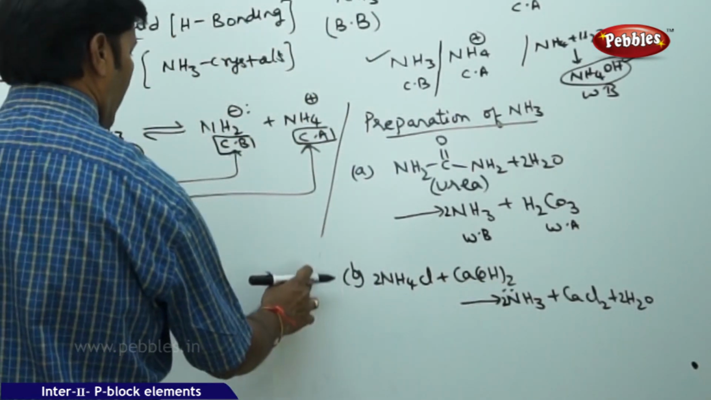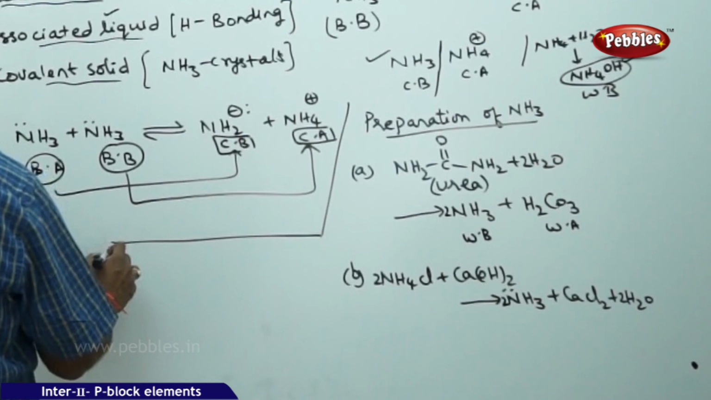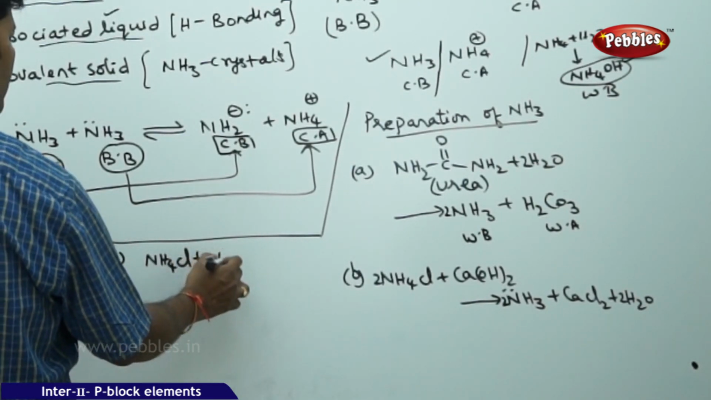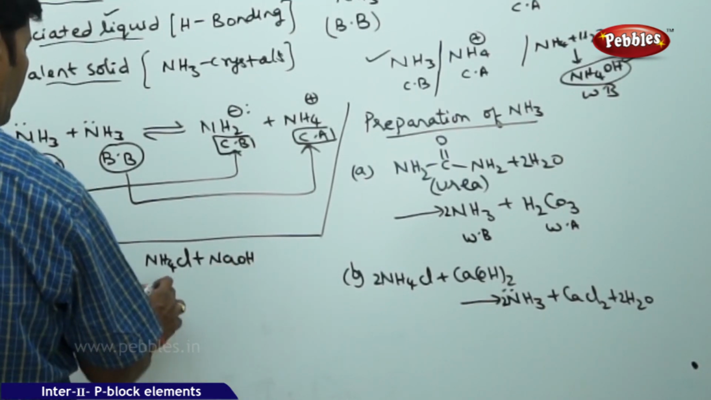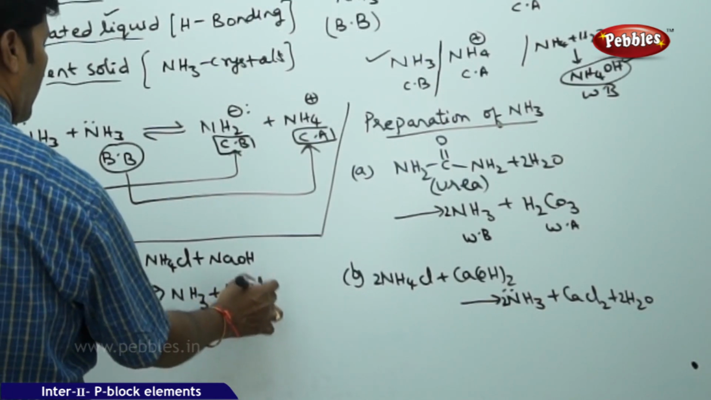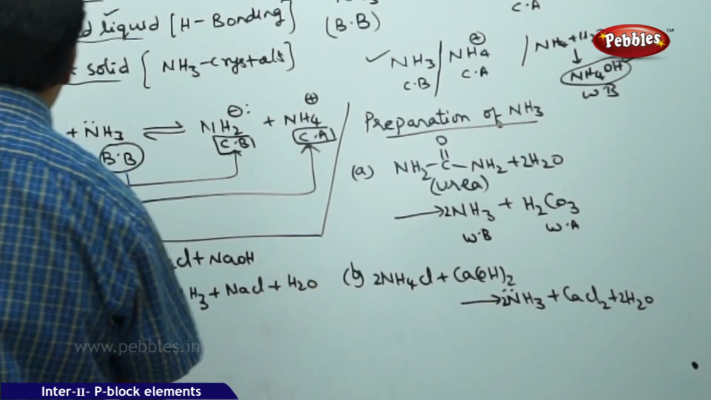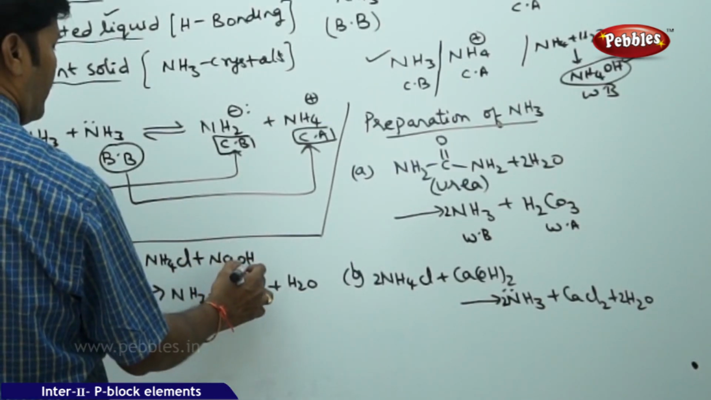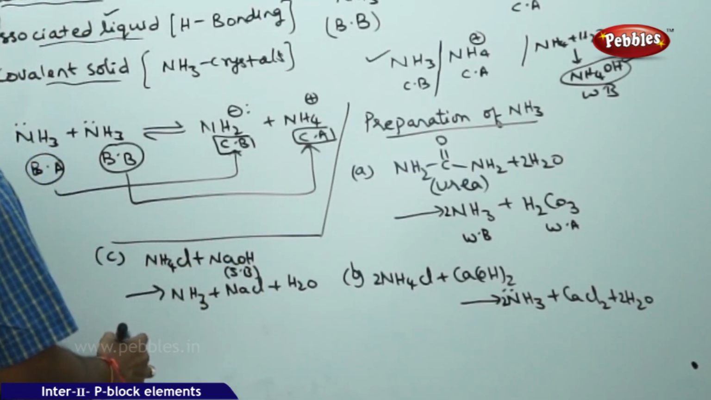And also we can add one more preparation here. For the same ammonium chloride, if you are going to add a strong base, then you are going to get ammonia plus sodium chloride plus water. You know very well that this ammonium chloride is a salt made up of a weak base and a strong acid. So when you are adding a strong base to this salt of weak acid and strong base,